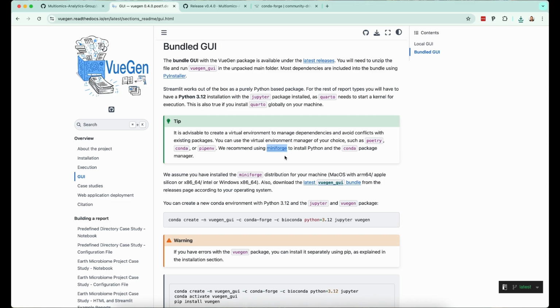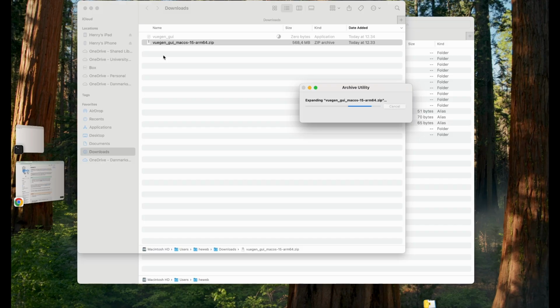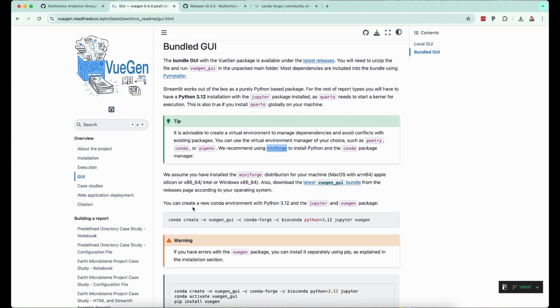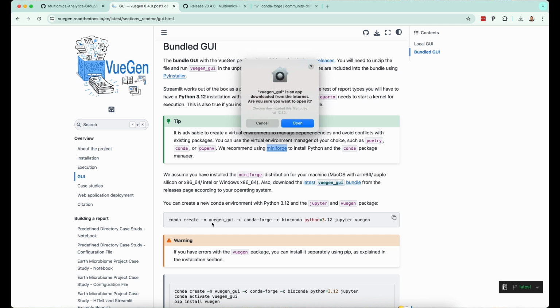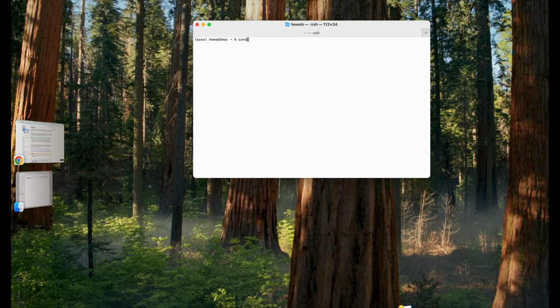So we downloaded our GUI. I will go ahead, look at the folder, and just unzip it. I already started it, as this might take a second. In our instructions, we see that we now need to use this command to set it up. I downloaded it from the internet, so I have to start it. And just to show you, I have conda installed, and you can check this with, for example, conda info,